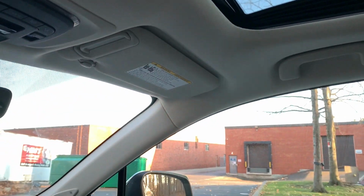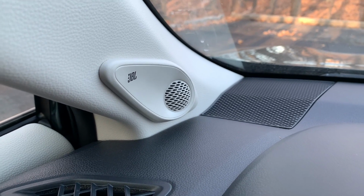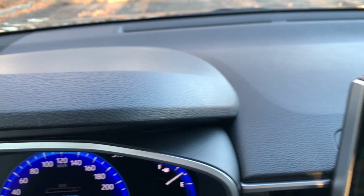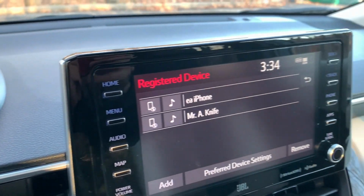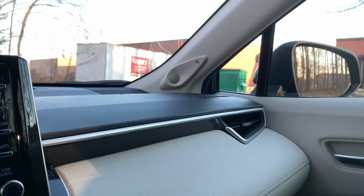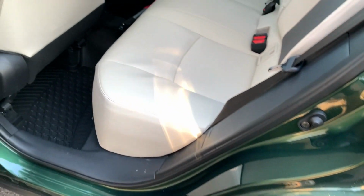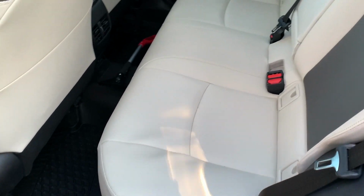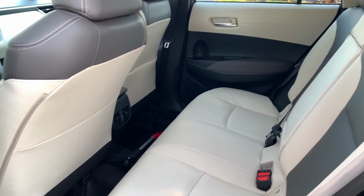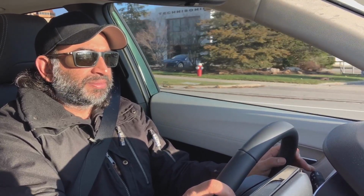So, I'm a big fan of cars that have a lighter interior without a sunroof. But the fact that we have both here with the Corolla Cross just makes it that much better as far as having an open and spacious feeling cabin up front. Seats in the rear, they're a little cramped, but that's not a Toyota thing. That's an everybody thing with this class of vehicle. I can barely fit behind myself. I'd probably be good for up to an hour, but